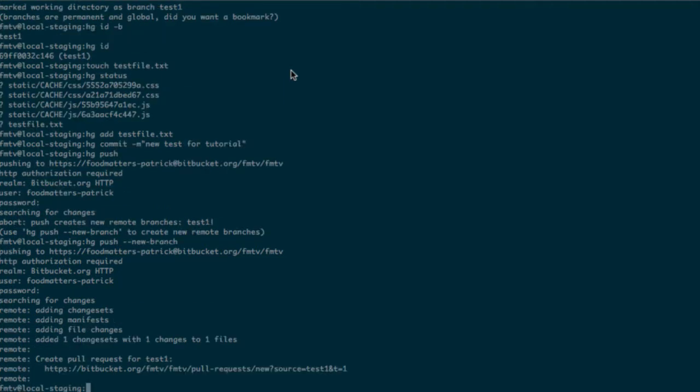Inside TortoiseHG, what you would do to replicate this would be, ideally you'd have hg in your system path, and then you can pretty much do all of this from the command prompt or from PowerShell. If you don't have hg in your system path, I would highly recommend that you put it there, because trying to do this inside Tortoise is not as easy as just typing. You can do it, and it may be worth doing a tutorial on that alone. But in terms of speed,